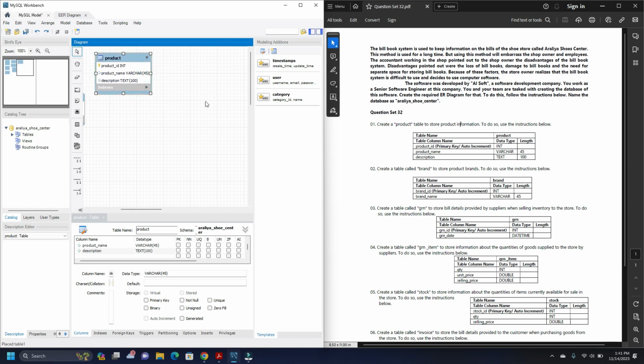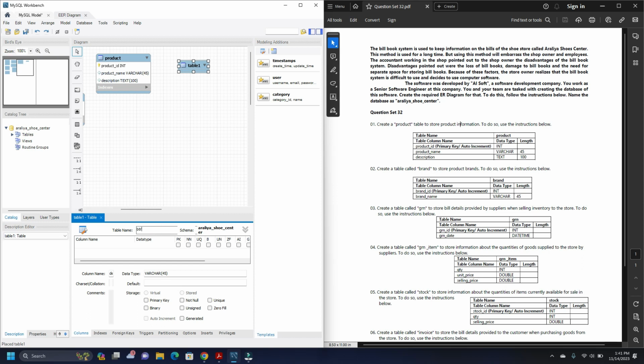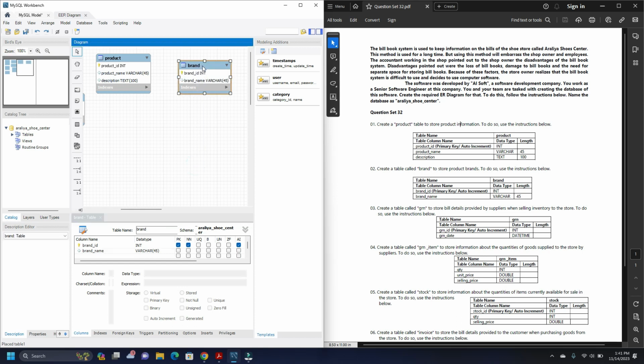In the next question we have to create the brand table. So let's go ahead and create it. Brand. On the first column we have the brand ID, which is int and is the primary key and has auto increment. Then we got brand name, which is a varchar of 45 characters, and